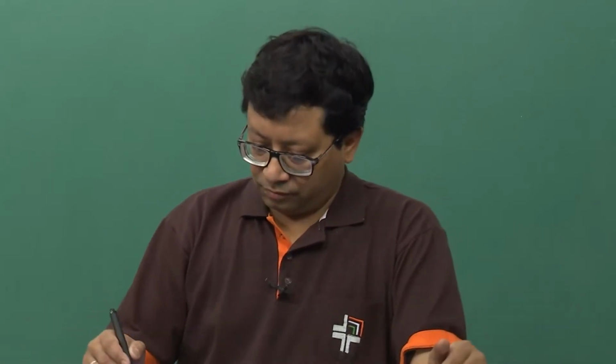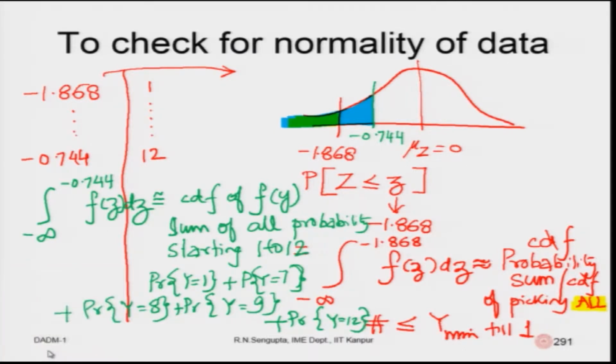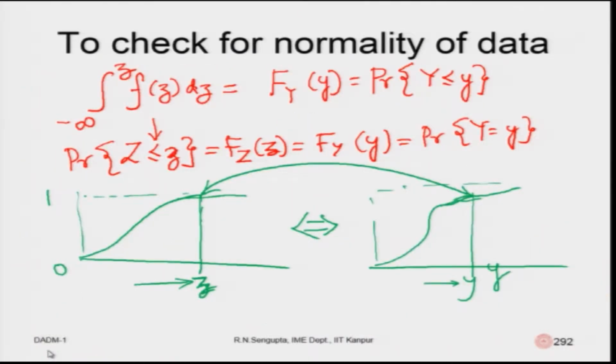So, when we are plotting along the x axis, I have a diagram on the next page. Next to next, please hang on. So, this is what we said: integrate from minus infinity to z, find F of z, then equate it to the CDF value for the corresponding y distribution and calculate accordingly. The green graphs there are the CDF for the z distribution and the CDF for the unknown distribution, so that we can compare.